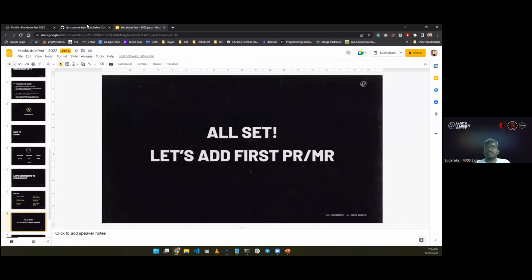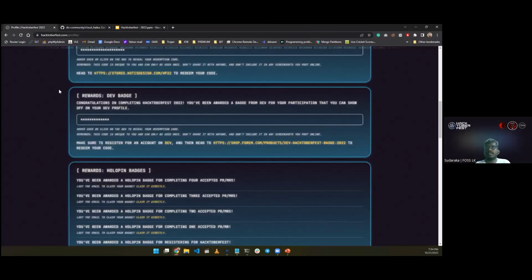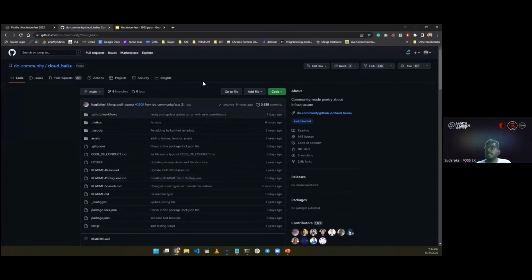Okay, so this is the repository that I selected to show the demonstration. You can see here, when you are selecting a repository for your contribution, first you need to check whether it contains this kind of tag. Here you can see the Hacktoberfest tag. So if the Hacktoberfest tag is there, you can contribute to the repository, and your PR and contribution will be counted toward the Hacktoberfest event. This is how you can select.